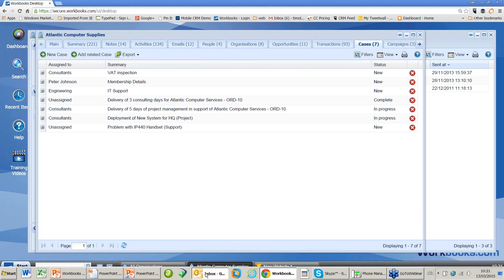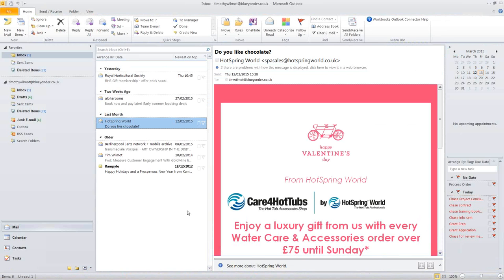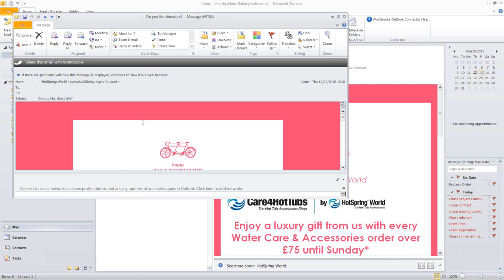So let me dive into Outlook here. So here's my inbox in Outlook and the emails I've received. And it's so easy to have your emails copied into the workbooks application. If I dive into this email here, right above this email, do you see this button here? Share this email with workbooks. If I click on that, as long as I've got this email address here, spasales@hotspringworld, in my workbooks database, the system's going to find the email will find a home